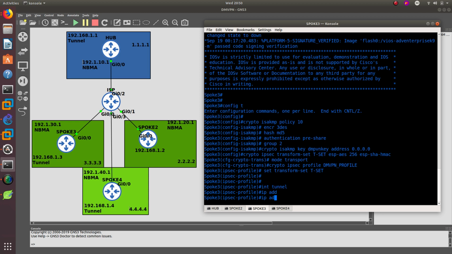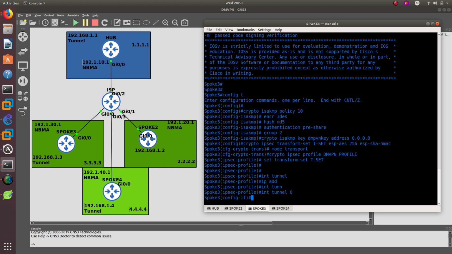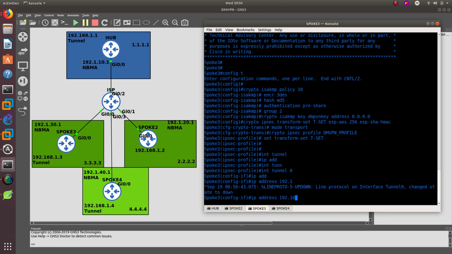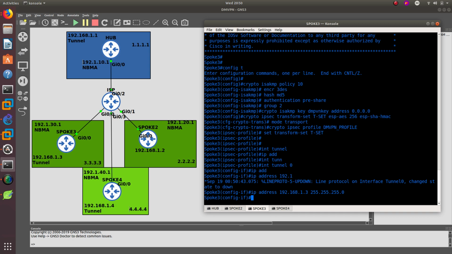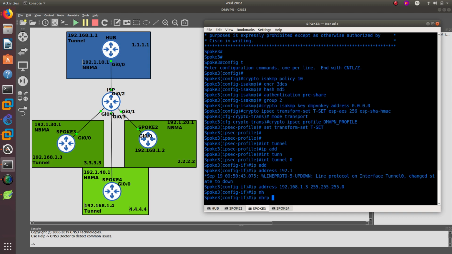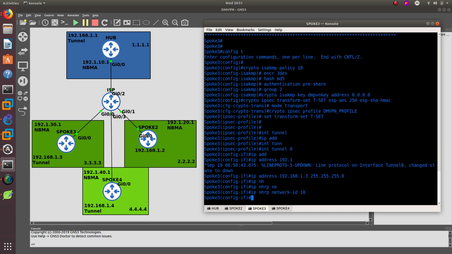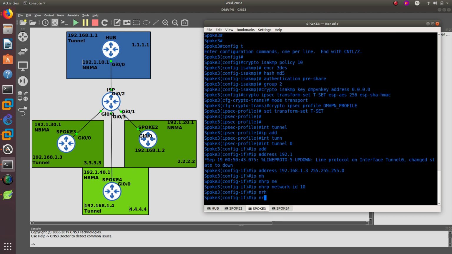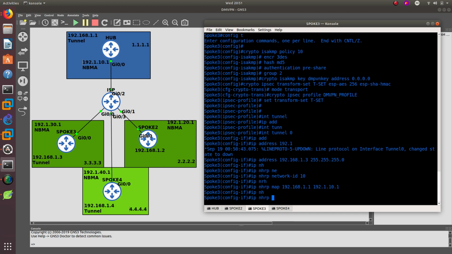It's going to be, oops, interface tunnel 0, IP address 192.168.1.3, spoke 3, and from right here, after we do that, let's go ahead and do IP NHRP network ID 10, IP NHRP map 192.168.1.1 192.1.10.1,